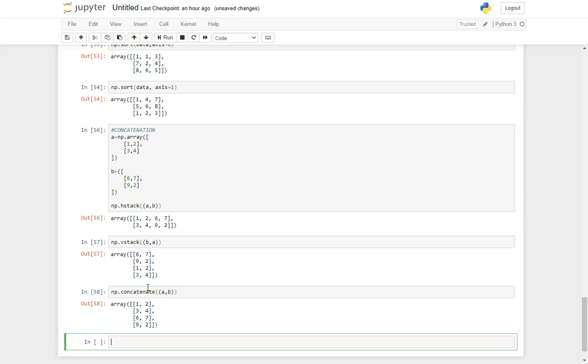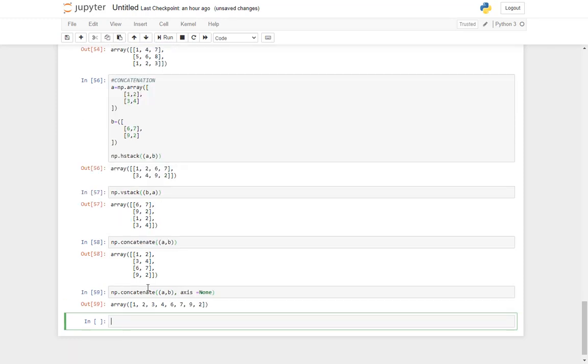But now if I mention the axis, concatenate A comma B, and then if I have axis is equal to none, so again it will arrange all the elements linearly.